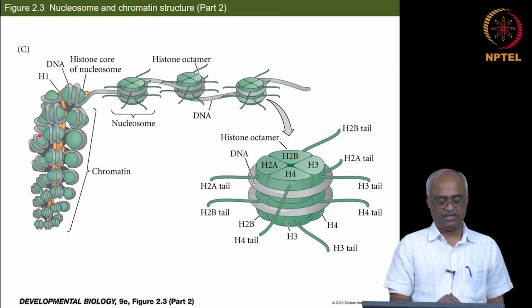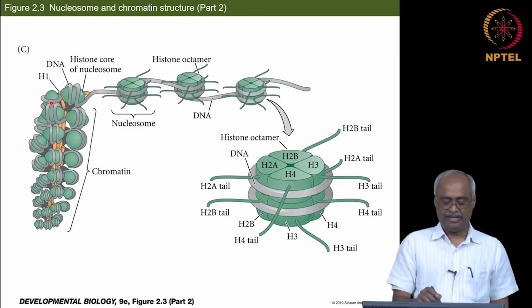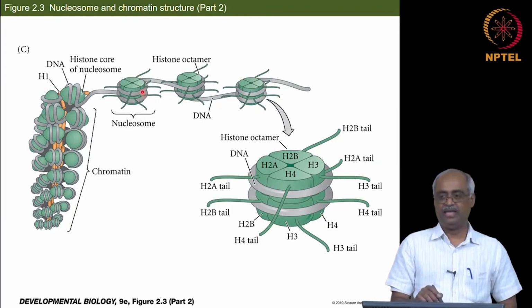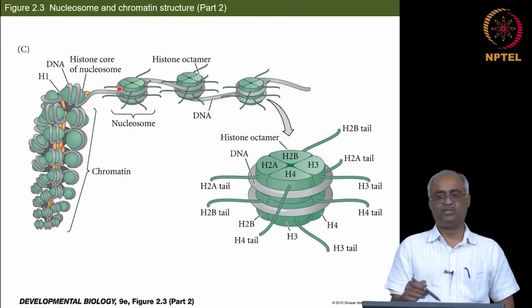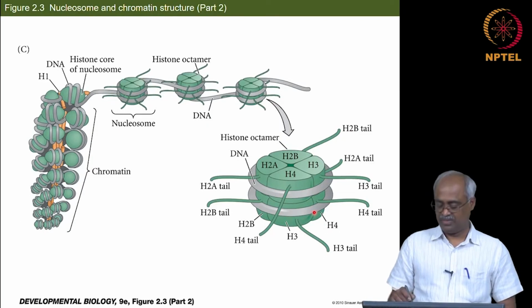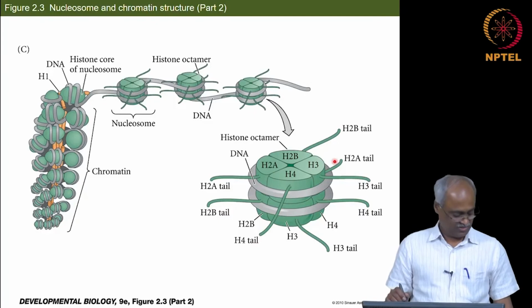So, it is a supercoiling, because here itself you have coiling and then you have an additional layer of coiling, and each individual one is a nucleosome. They contain 8 molecules of histones: H2A 2, H2B 2, then H3 2, H4 2. So, that is the structure here. And pay attention to these tails. So, this is how a chromosome exists. Now, let us pay attention to these tails.